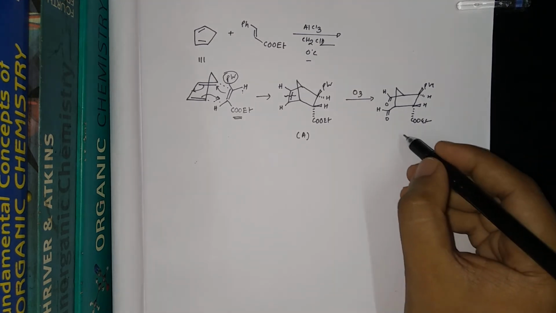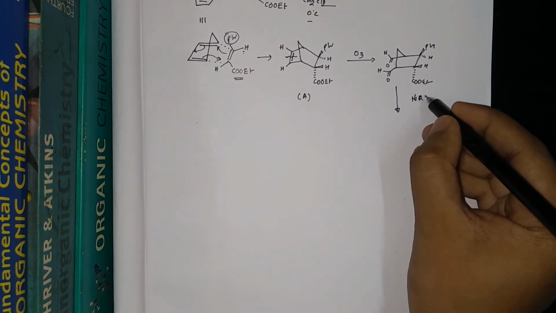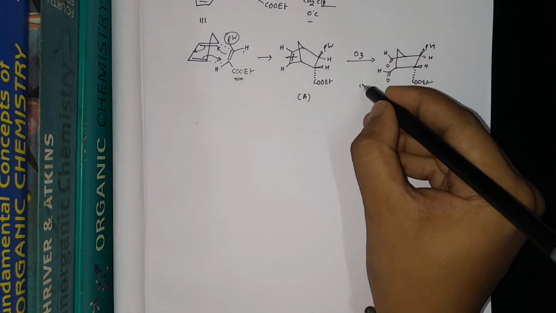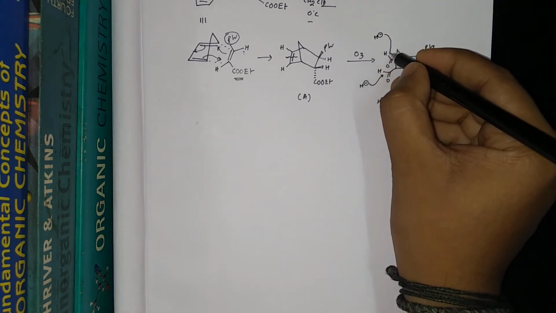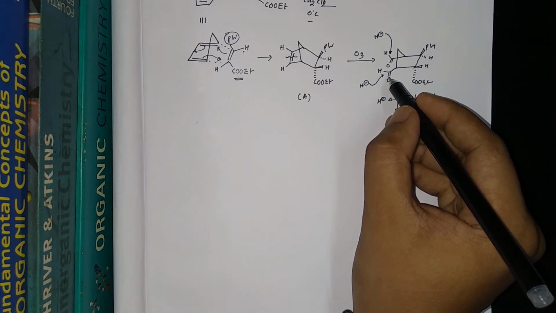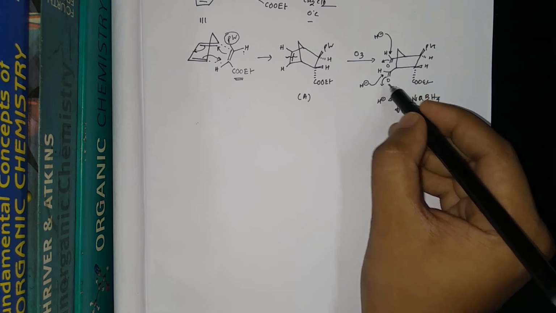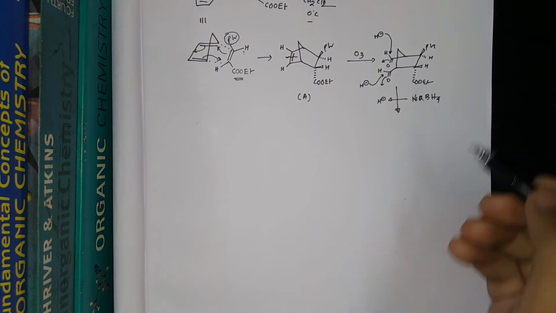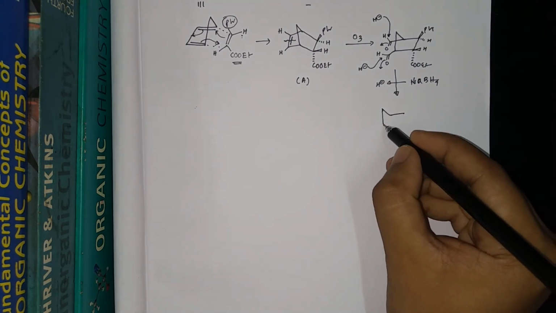COOEt. Now sodium borohydride, NaBH4, is given, right? NaBH4 is a hydride donor, H-. So H- can react with this, and H- can react with this, on both sides. So both aldehydes will be reduced to alcohols. It will take a proton because H3O+ is given, so both will be alcohols. So what is the product? The product is this one.